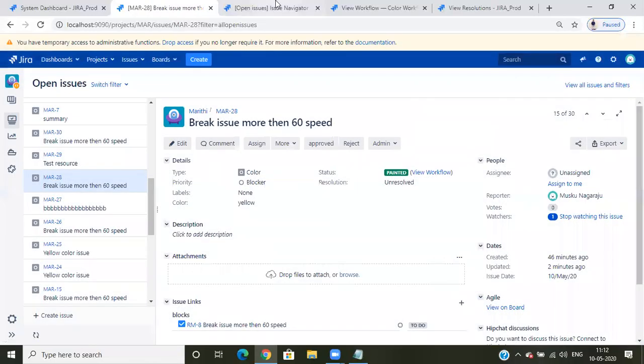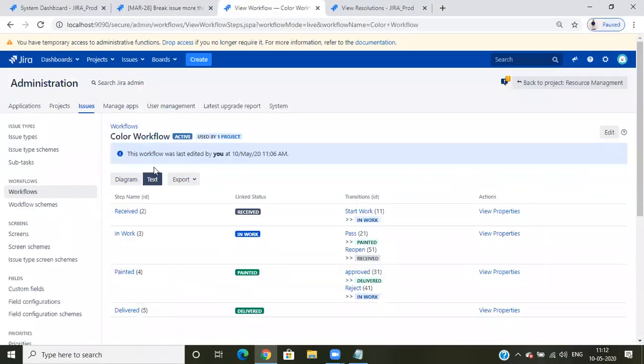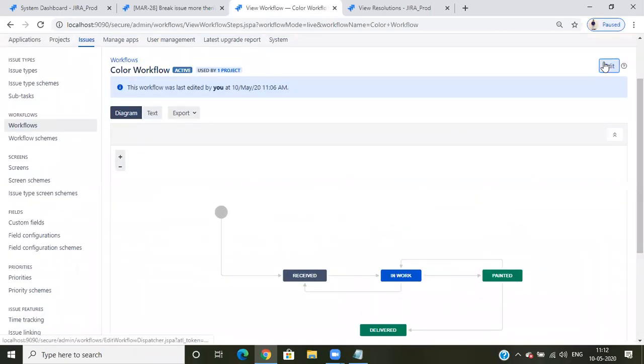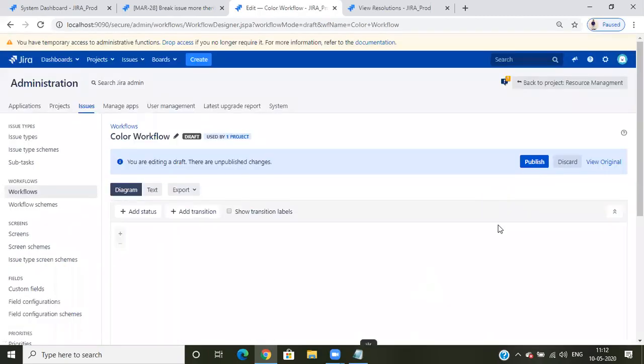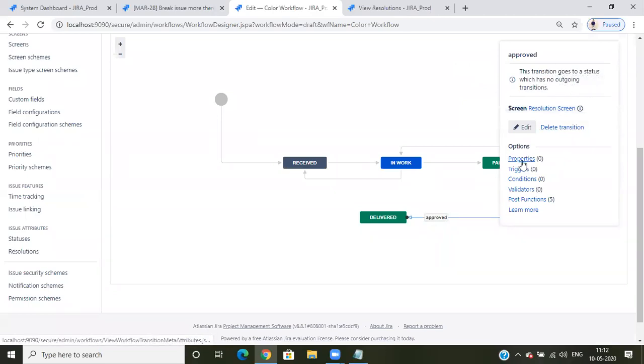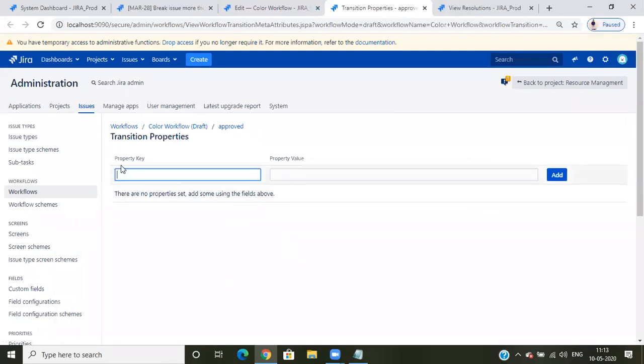That is called, if you go to the workflow, if you click on this delivery workflow, edit, and here you are able to select properties. What we have discussed till now is conditions, validations and post functions, but here we have another option called properties. In properties, we need to add the property key and the property value.